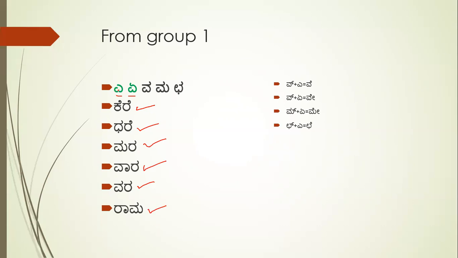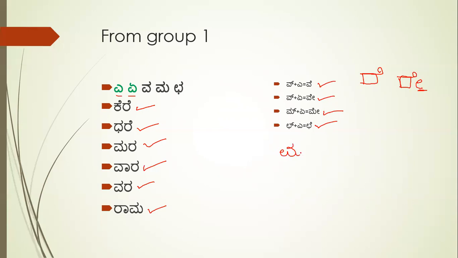Now, we have a and a here, and if I write it in a box, a has this curving and big a has this curving plus dirgha with it. So we call this a dirgha in Kannada. So I have taken here the v group: v plus a is va, v plus big a is vaa, m plus a is ma, ch plus a is cha. Like that, if you want me to write ma, the ma should be like this.